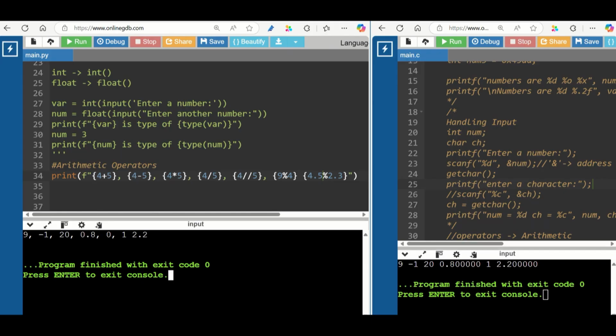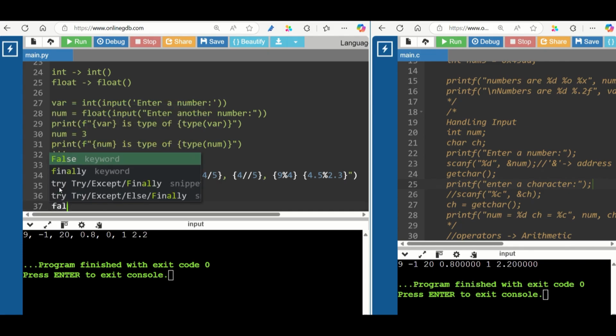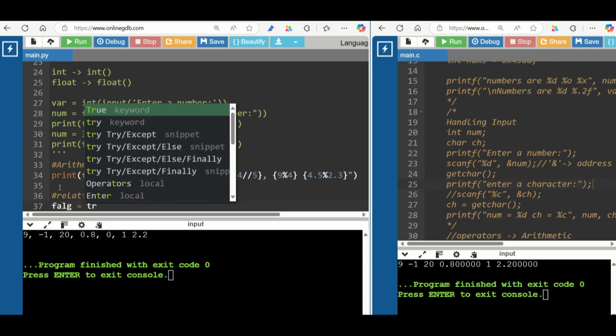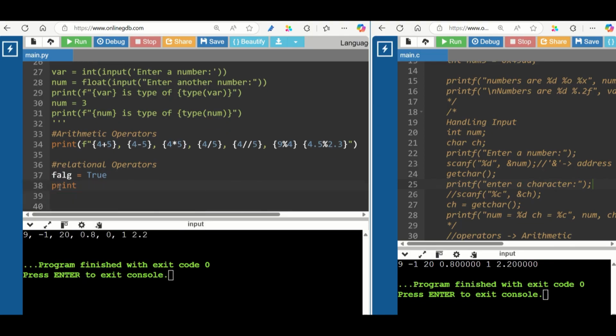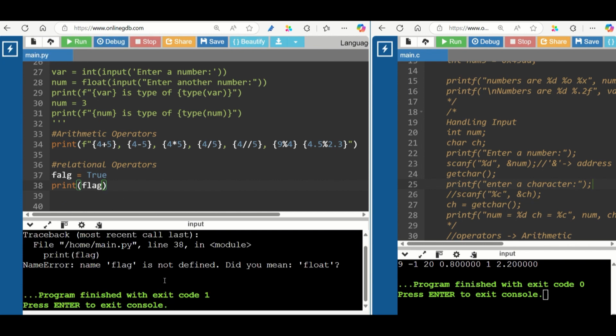In Python there is no issue, we just directly declare anything. Let us give a heading, relational operator. Suppose I just do flag equal to True. The syntax is this, I think, if I'm not wrong, and let's just print it. Print flag. Just execute and see. No, it says, oh, spelling mistake. Just be careful. Now see, we get True. So can I do the same thing in